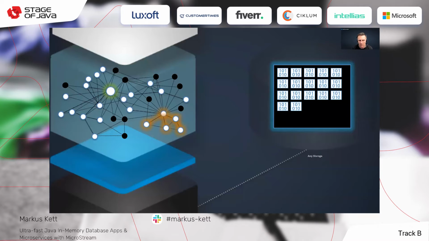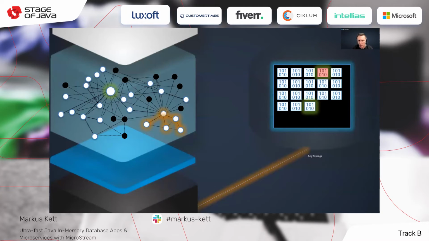So if MicroStream recognizes that the class has changed, then the already stored object, the older version, becomes a legacy type, and you store the new version of the object by calling a store method, and MicroStream will append the new version of your object to the file storage, and then we will have versioning automatically.